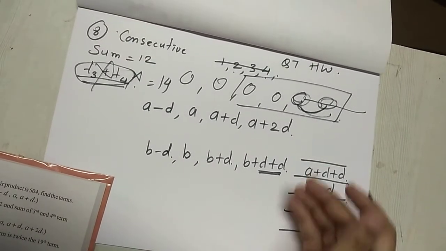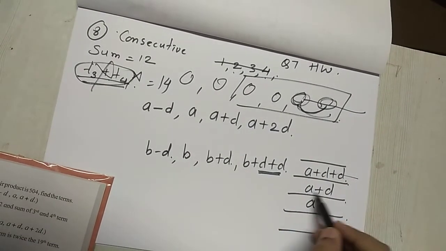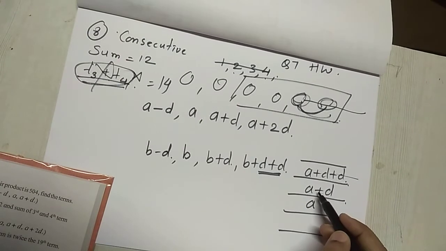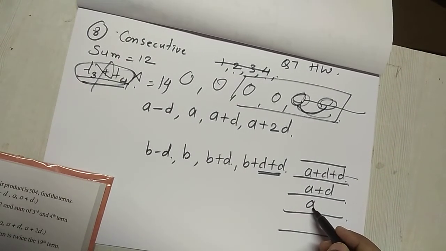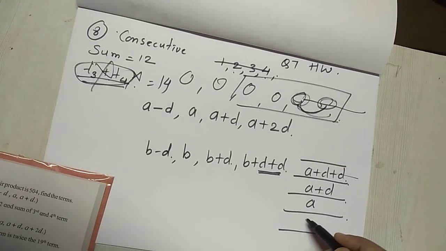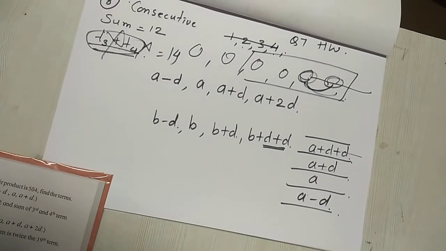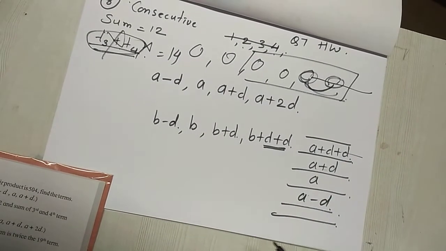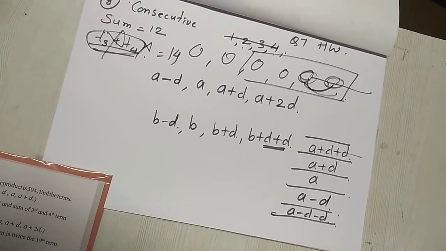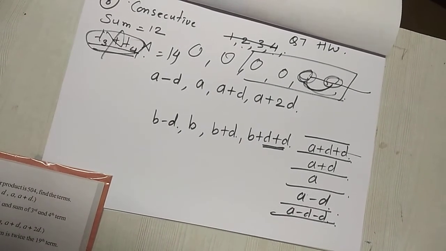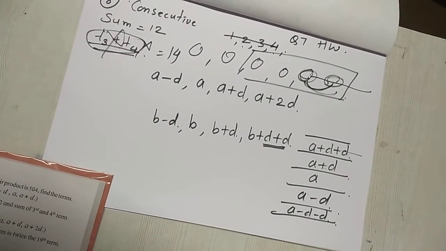Okay, now if you're told to come back down, when you come back down, this plus d goes out, you have only a plus d. When you're told to get down one more stair, then this plus d goes, you are left with a. When you're told to come down one more stair, then d gets minused from this a. And then again if you're told to get down one stair, then one more d gets minused from the total. So it's like a progression in this fashion. At most I can explain it to you in this fashion.